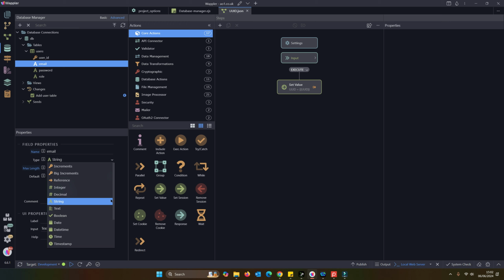And we've got date, time, timestamp. We can have binary fields, JSON fields. We can specifically add a big int field, floating point, and we actually have a specific UUID field as well, of course. So we're protected from the complexities of defining these databases because Wappler itself has effectively categorized them.